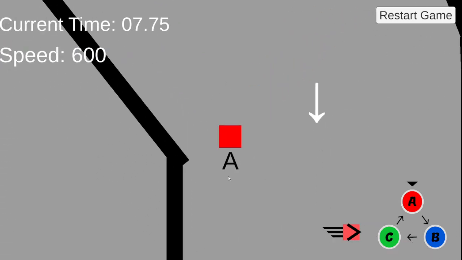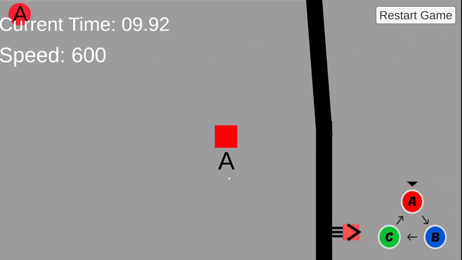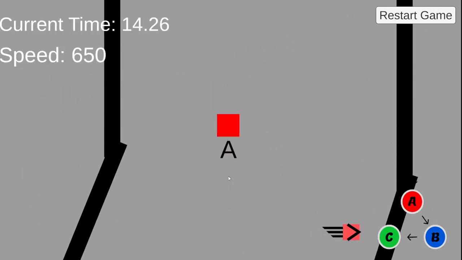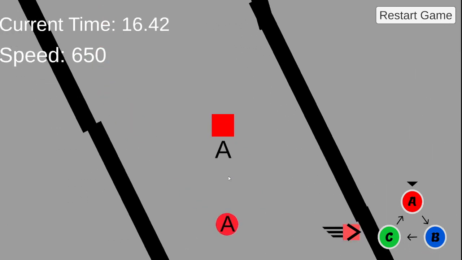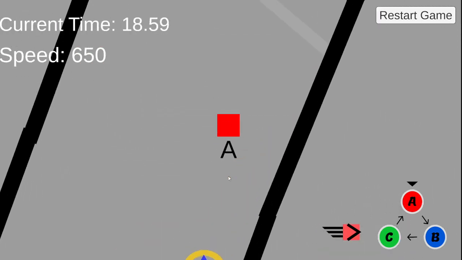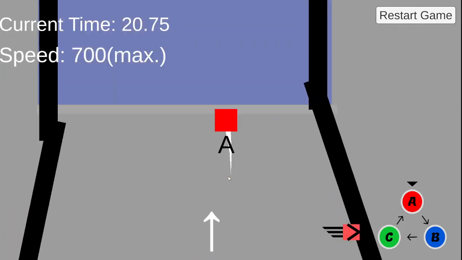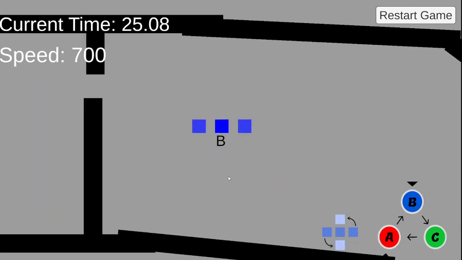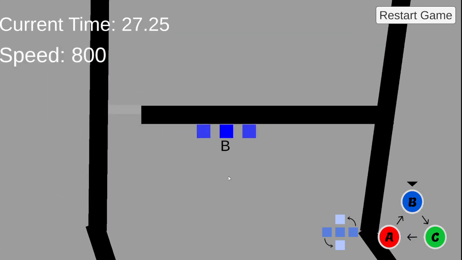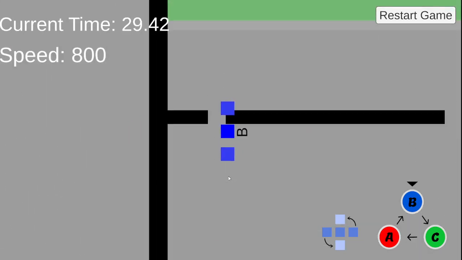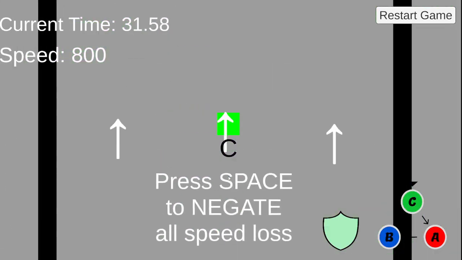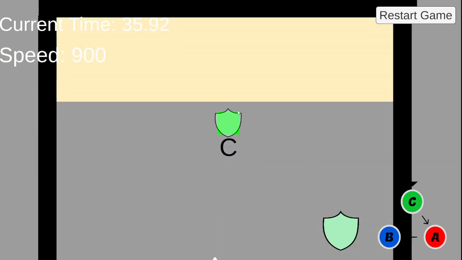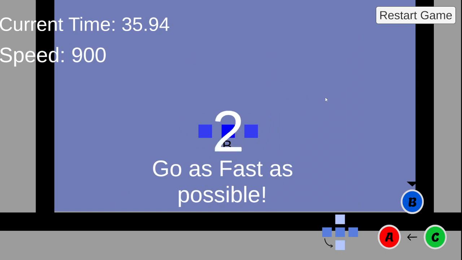My record for this is actually, I did tweak the speeds a bit, so I don't really have a record or anything like that right now since I tweaked the numbers, but I think under 30 seconds is probably somewhere around where I can get, if I'm really concentrating pretty hard on trying to get to the end without bumping into anything or whatnot. I can get pretty fast, but I haven't really tested my skill yet since I'm always doing playtesting for this, but